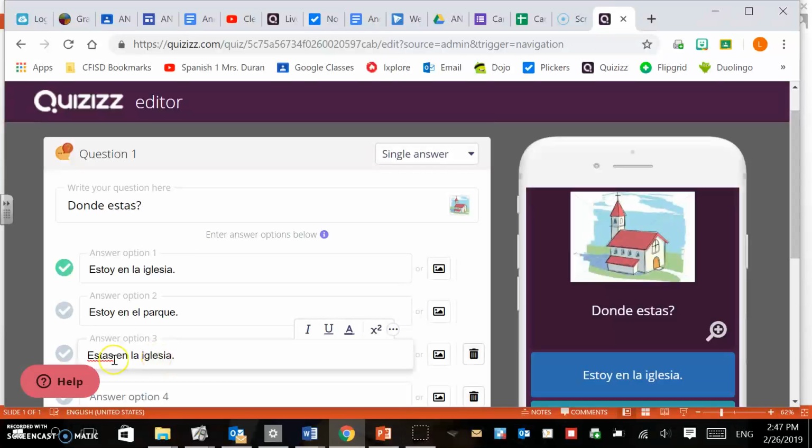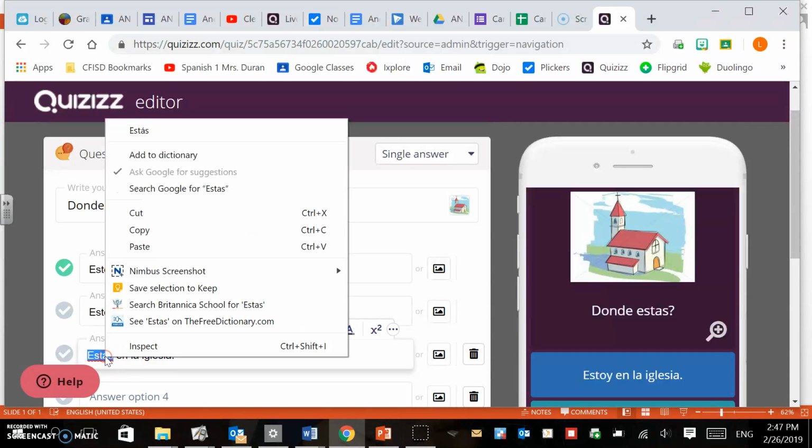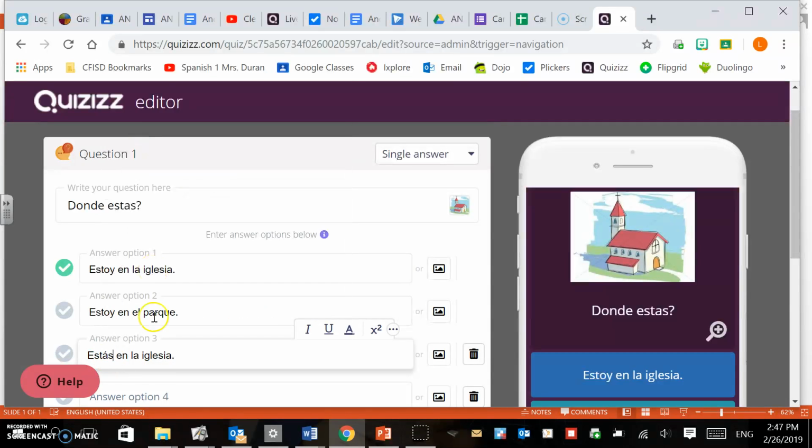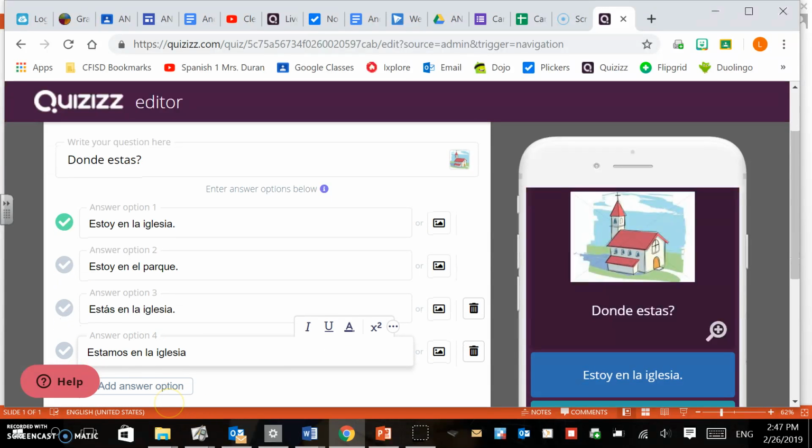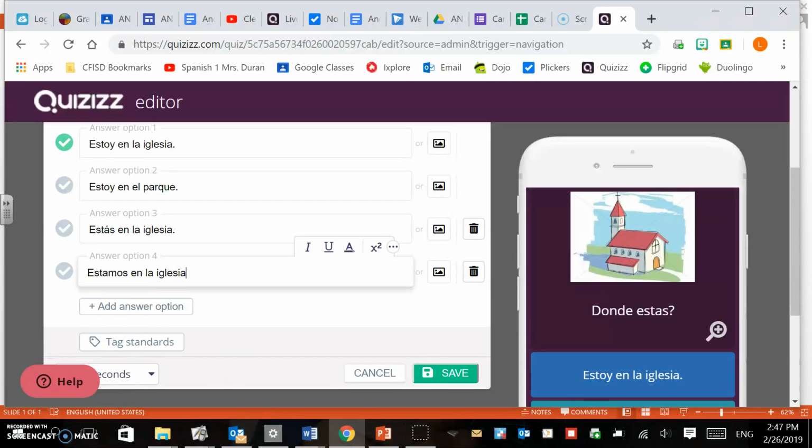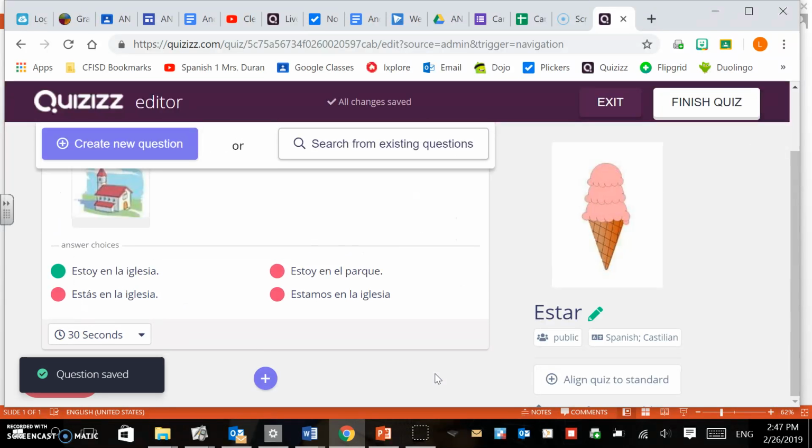It has the correct place, but it doesn't have the correct form of estar in Spanish. And the last one that I'm going to give them is "estamos en la iglesia." So again, the correct place, but the wrong form of estar. So they know that they must say "estoy en la iglesia" because I'm talking about myself, and the right place is iglesia. So I'm gonna save this question right here,